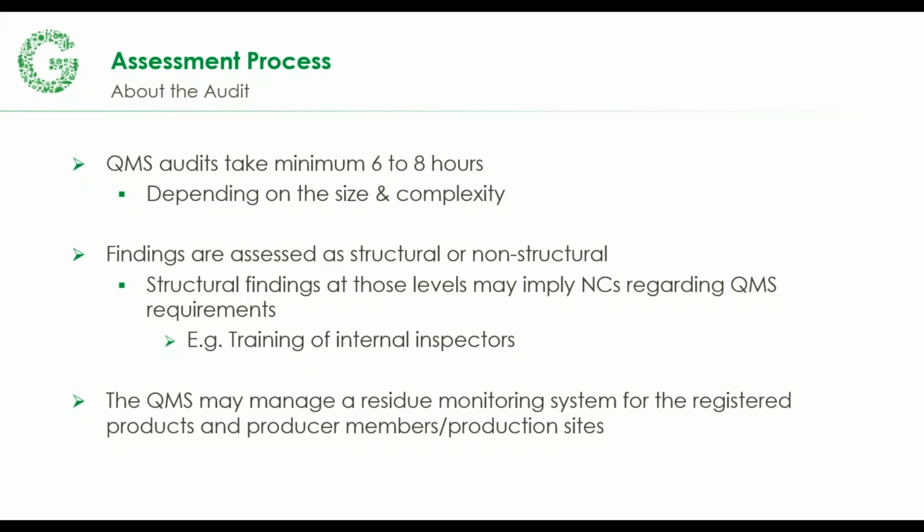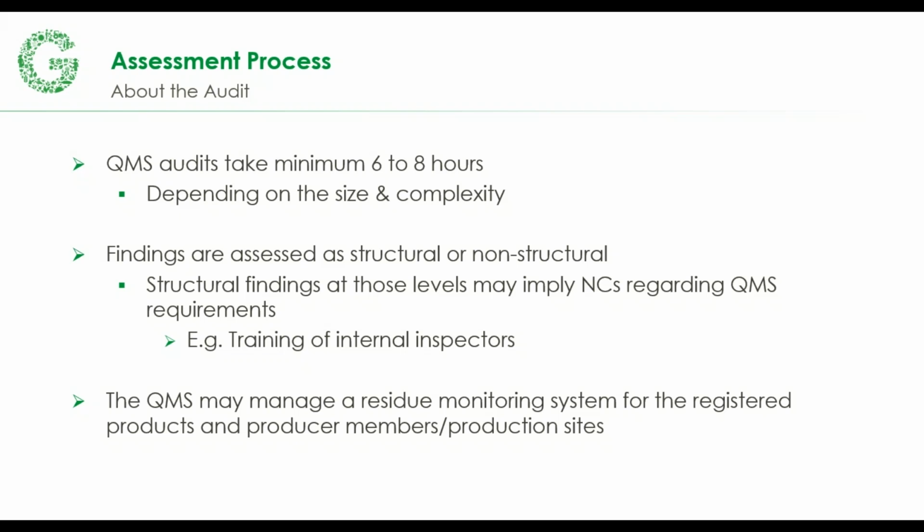There are differences between structural and non-structural audits. In some cases, if there are multiple findings at different farms as the external auditor goes along, it may be an issue with the training of the internal inspector rather than an issue happening at each farm. Then the group would be responsible for implementing that corrective action at every single farm. However, if it's one individual producer that has one issue and it's not seen again in the entire audit, then maybe that is just a non-structural non-compliance that only that farm has to fix. And again, there are different variations of these as it goes along.